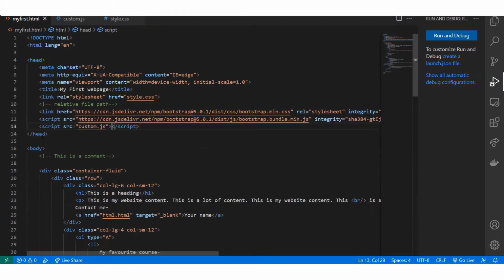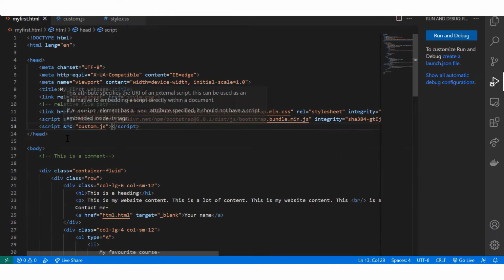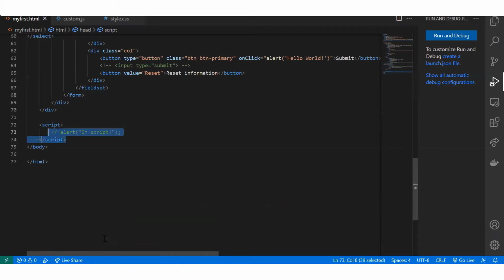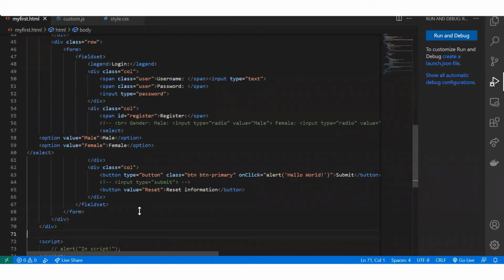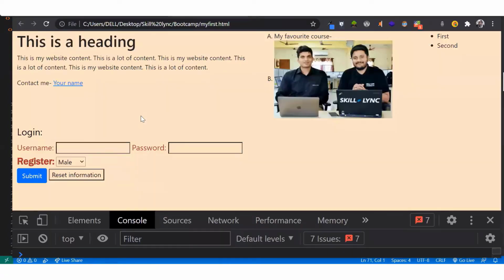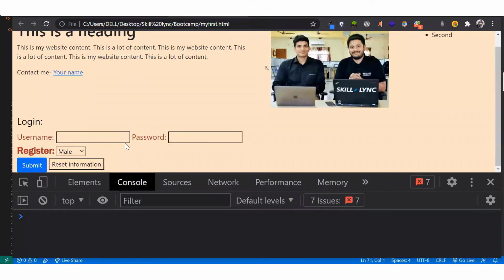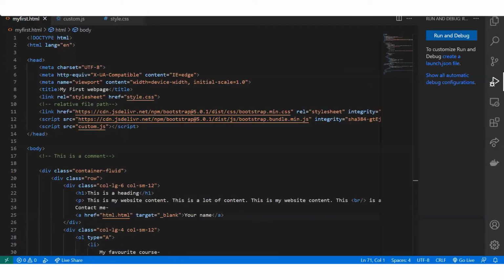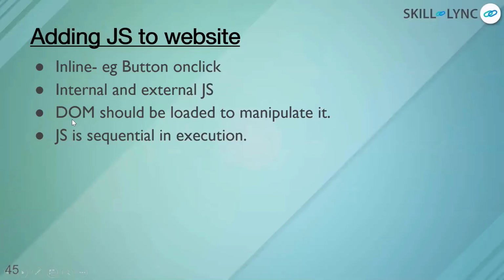And whatever JavaScript you write in this file and in the internal script tag, all of this is going to be available for you when you reload this page and when you work on this page. Just to check what would happen if I include any JavaScript in the JavaScript file, before that, you can simply write JavaScript over here, test if everything works properly, then you can copy and paste it in your JavaScript file. So these are just the ways you would include JavaScript. Remember, your DOM, document object model, your entire HTML has to be loaded to be able to manipulate that in your JavaScript.